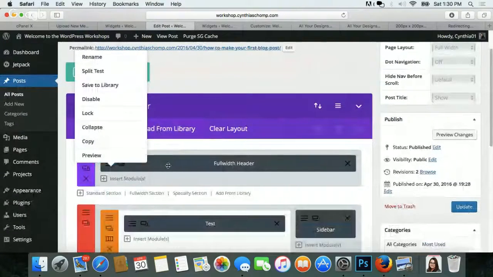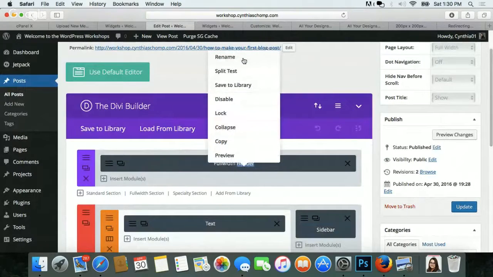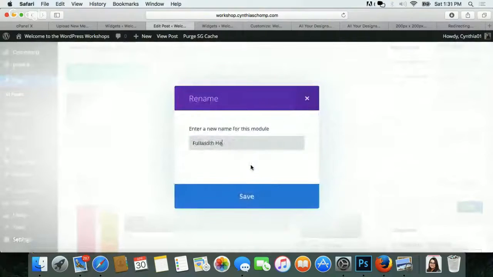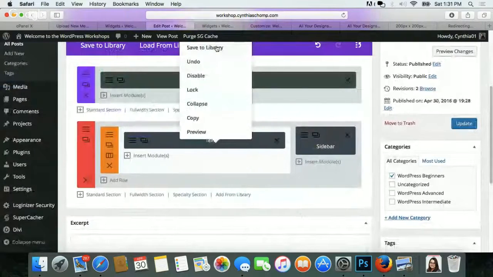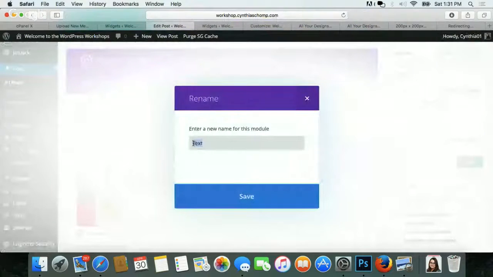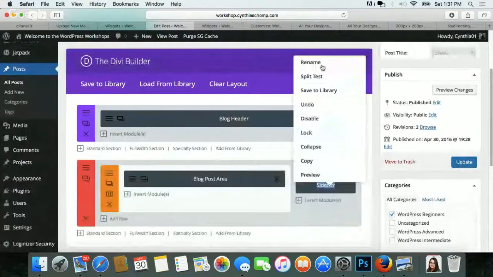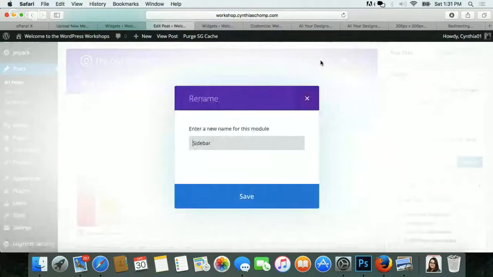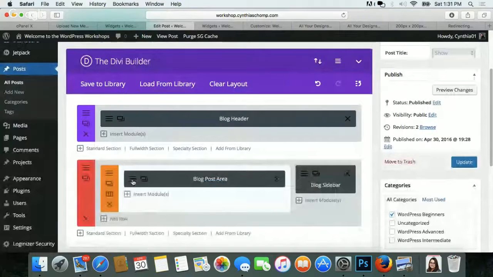So let's take a look at this builder a little more. You can right-click it with your mouse and rename it. You can call this blog header, and we can rename this blog post area. And your sidebar, we can rename that to blog sidebar. Hit save. So this allows you to add more things into your sidebar and into your blog post